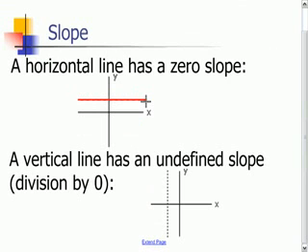Whereas down below, a vertical line has an undefined slope. And that is because if you were to use a slope formula to try and find the slope given 2 points on a vertical line, it ends up being a division by 0. So that is why a vertical line